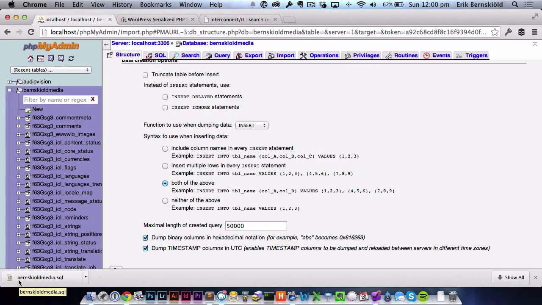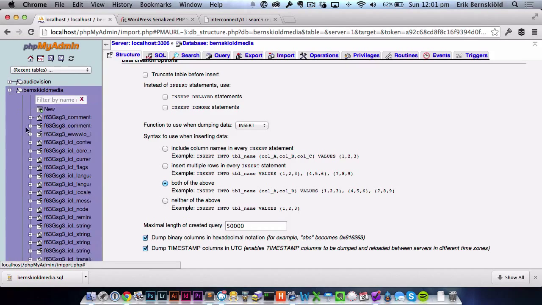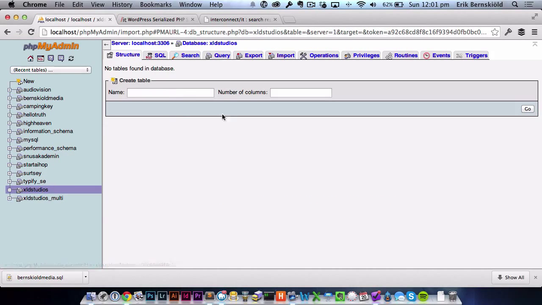Now, the next thing that you want to do is upload this to your live server. And this means to a blank database somewhere else. I've got one here that I can use, which is currently empty, and you need to make sure it is empty. Now, before you do anything, before you decide to drop tables, remove tables in a database,